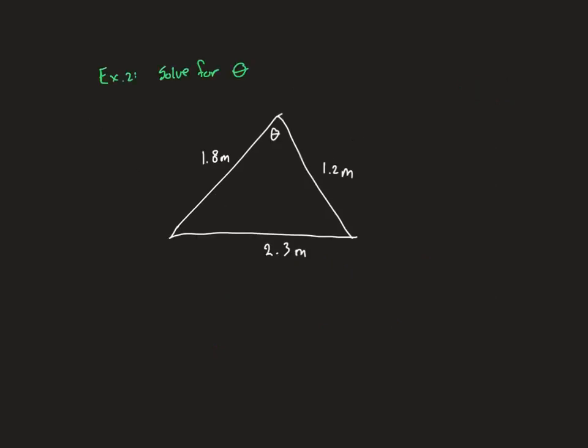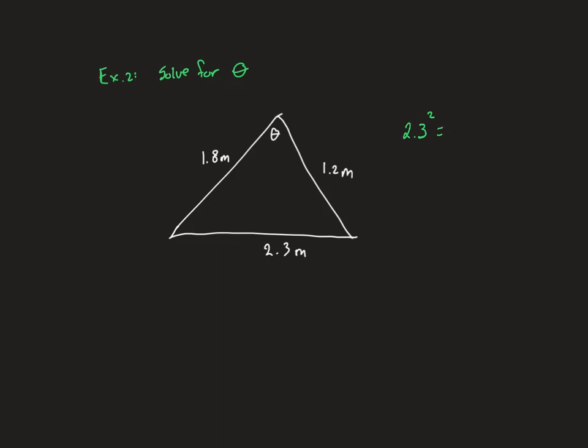Okay, so let's take a look at this example here. In this example, we've got all 3 sides, SSS, and we're missing that theta. So how do you set up your equation here? Whichever side belongs to that missing angle is the one that you're going to make the whole thing equal to. So I'm missing theta, which belongs to 2.3, so you're going to have 2.3 squared is equal to the other